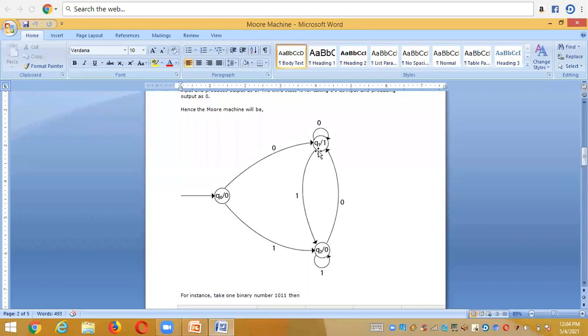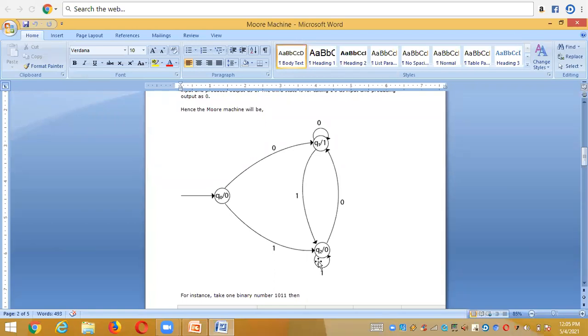Is it clear now? Initially it is on 0. Now see, I'm giving an input 1, then the output is 0. Then I'm giving an input 0 to Q1, then the output is 1. Right? And here I can also make a self loop: I'm giving an input 0, the output is 1; sorry, input 1, the output is 0.